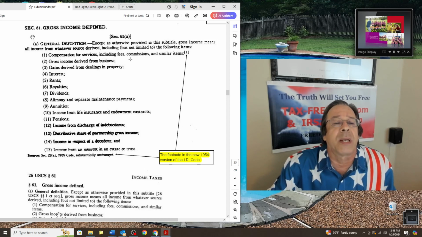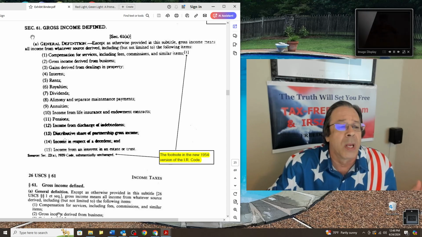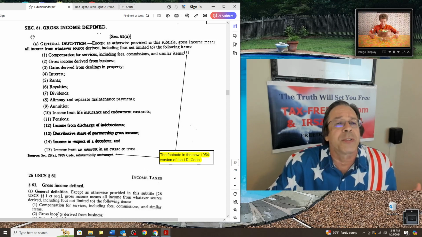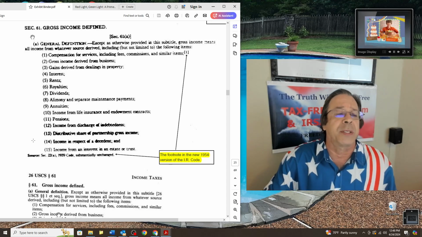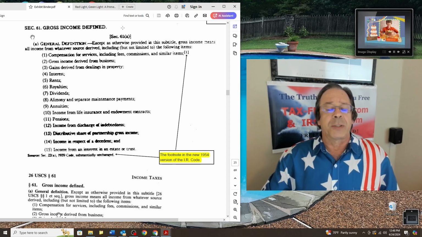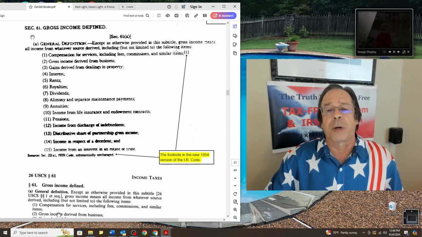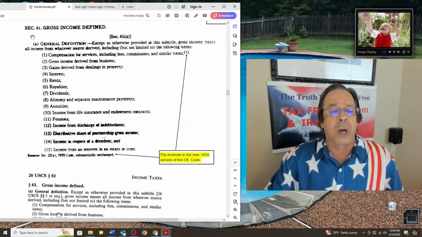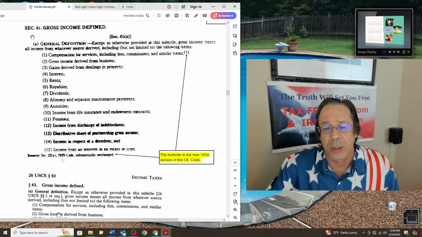And when we go to the annotated code version for section 61, what we find is that there's a footnote, number 1, right here's the footnote, that says the source for section 61 was section 22A in the 1939 code. So this is from the 1986 statutes, which came from the 54 statutes, and this footnote is preserved from the 1954 code that points you to 22A in the 1939 code.